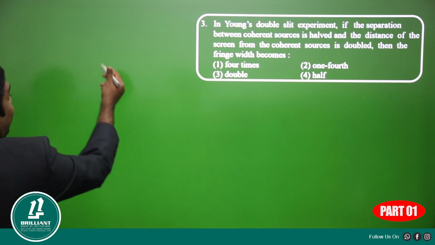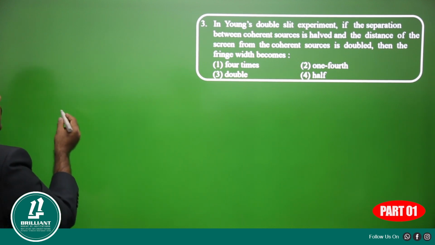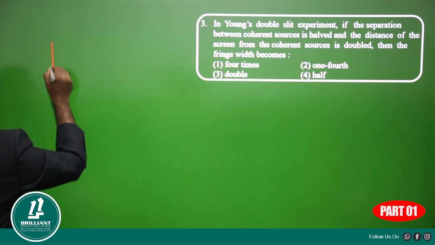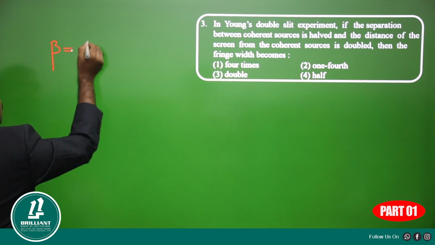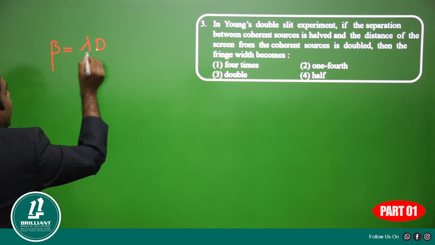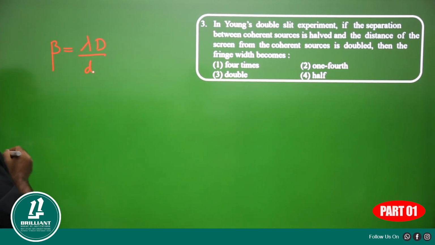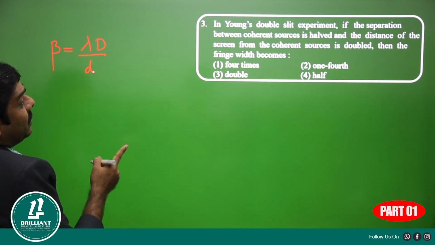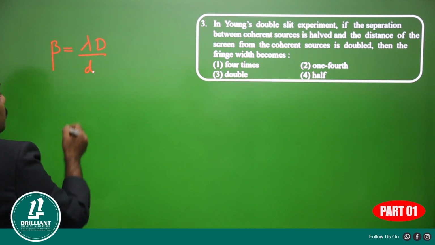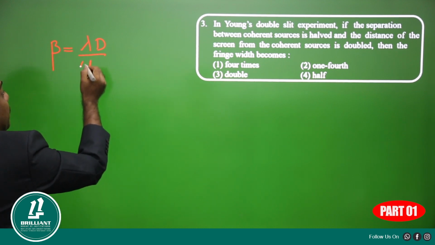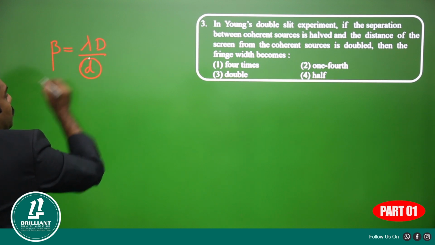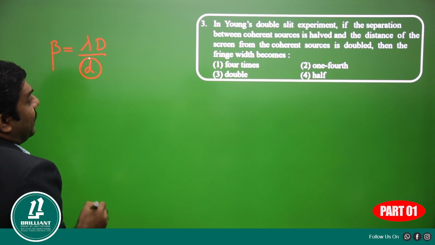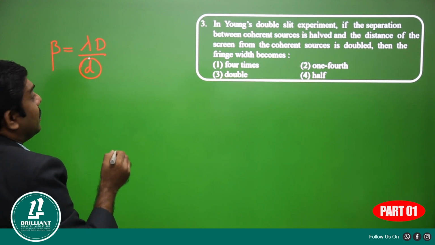So here in the YDS experiment, fringe width is there. Fringe width is the same as bandwidth. We know bandwidth beta is equal to lambda D by d. Now, they are saying the separation between coherent sources is halved. So, this d is the separation between coherent sources. So, for d halved and the distance of the screen from the coherent sources doubled,